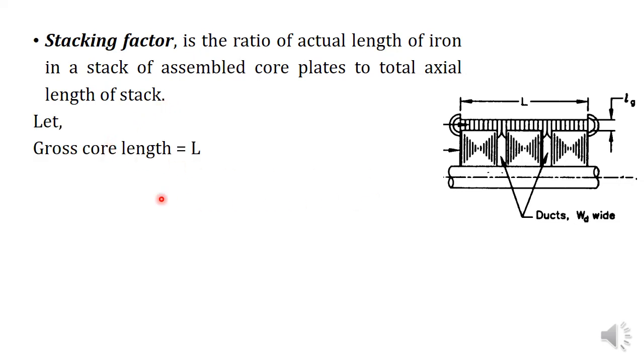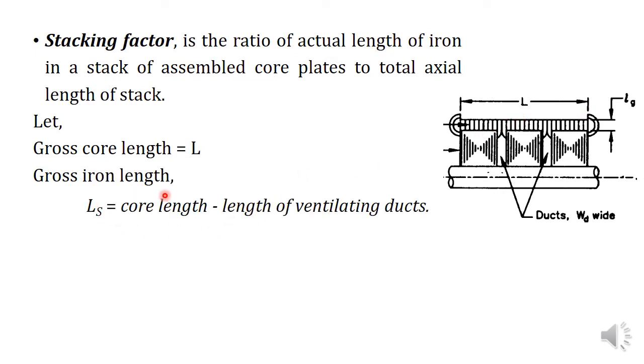So let's define the terms. Gross core length, capital L. Gross core length is the length of core measured along the axial length of core. Then gross iron length. Gross iron length Ls is equal to core length, that is capital L, minus the length of ventilating ducts. So that is equal to L minus NdWd,